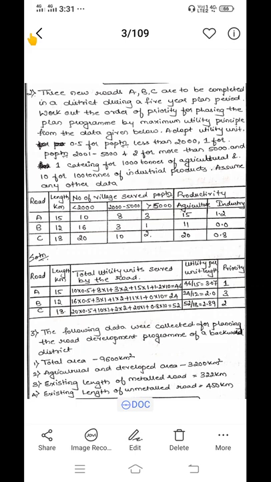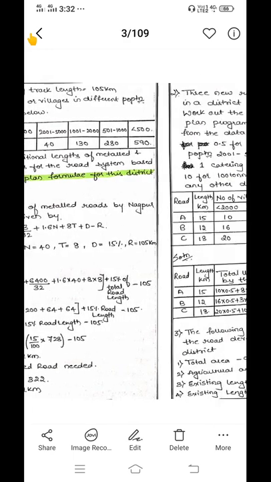Now we'll have to prioritize, we'll have to give the priority. Whose utility per unit length is more, for them we'll give the first priority. Whose utility per unit length is more means that road is much in usage, isn't it? So based on the utility per unit length, the more the utility per unit length, the first priority. So 3.07 gets priority number 1, 2.89 will be priority number 2, and 2 is priority number 3. Okay, so this is your second numerical. Third one,